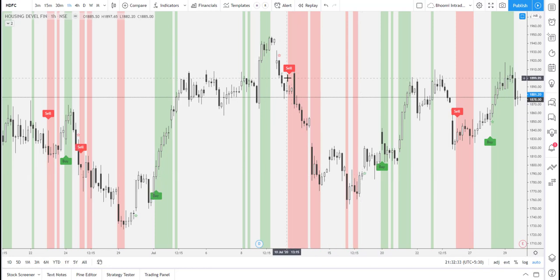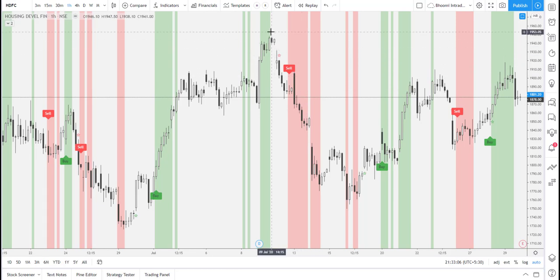And SL, as you all know, if you're a positional trader, you should put it like this: if there's a purple candle, then you can put it a few points above the purple candle. But if there is no purple candle, the high probability one, which is the star one, then you can put your SL just at the swing highs of the zone, or just near about the nearest pivot of the zone. Like here, if we take the example of this sell, we will put our SL at this point.